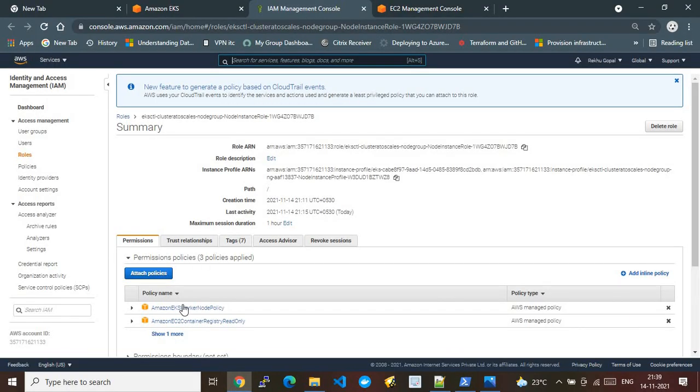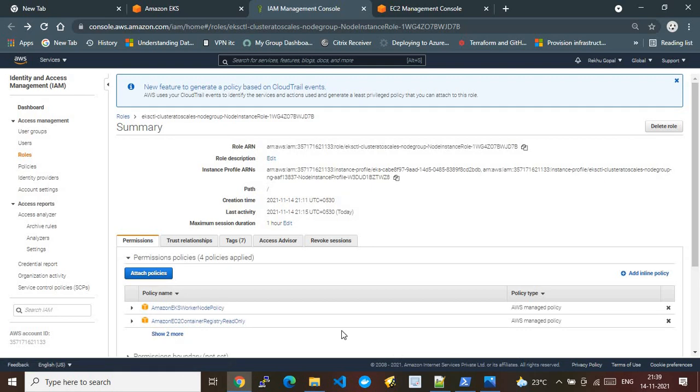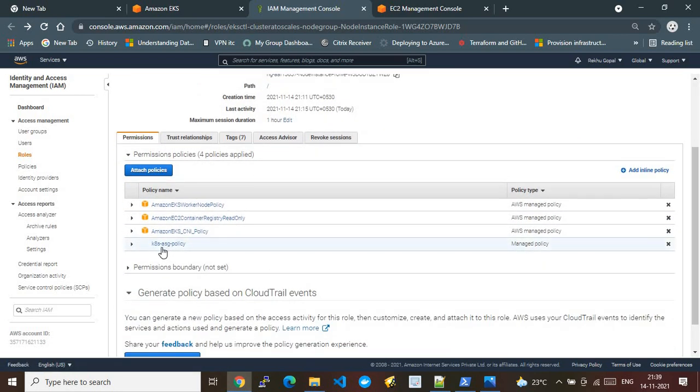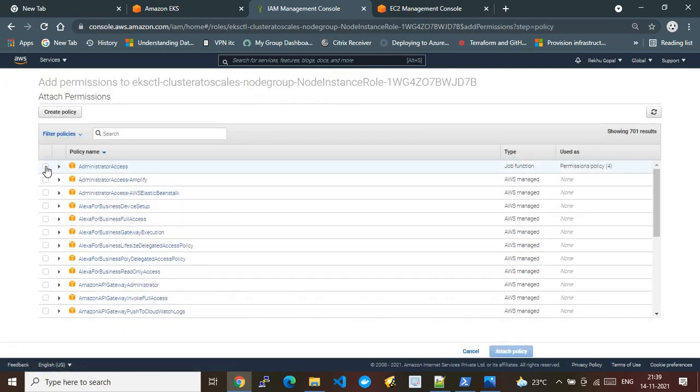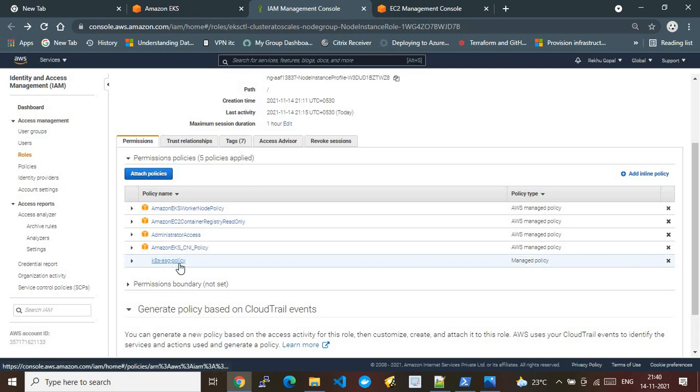All right. So here, let me go here, and let me attach that policy. Okay, so here I will go here and I will find that policy. All right, attach a policy. Okay, so it is always mandatory to attach this Kubernetes ASG policy. Along with that, since it is a demo purpose, to save the time and to make sure that it works always, that's the reason I'm just attaching the administration policy as well. But at the production level, if you attach Kubernetes ASG policy, that is enough.